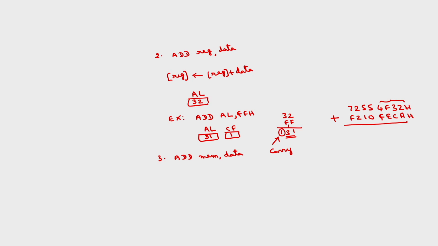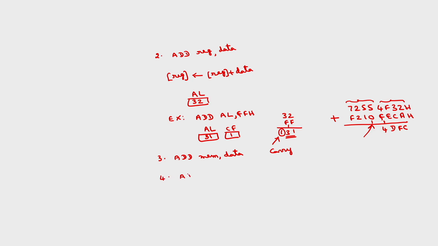Okay. So if I perform this, what happens here? A plus 2 becomes C, C plus 3 becomes F, F plus E becomes 1D, and this becomes 14. So in the first cycle it will add these two numbers. Now in order to add these two 16-bit numbers in a single clock cycle, it has to add these two along with the carry which is generated from the previous stage. So in order to perform this type of addition, we require the ADC instruction.